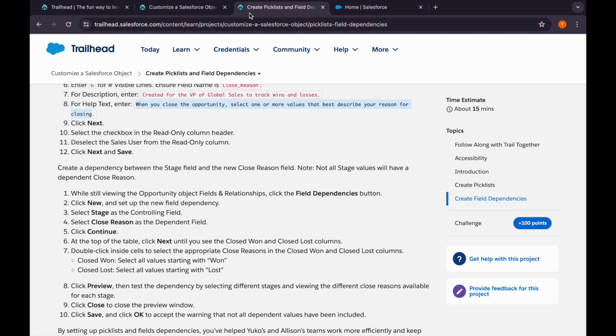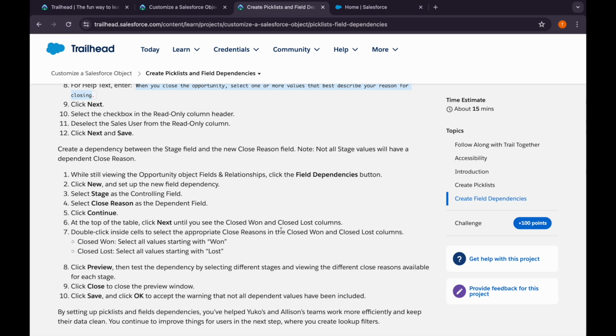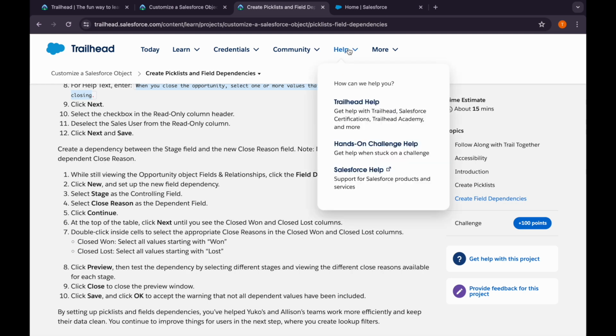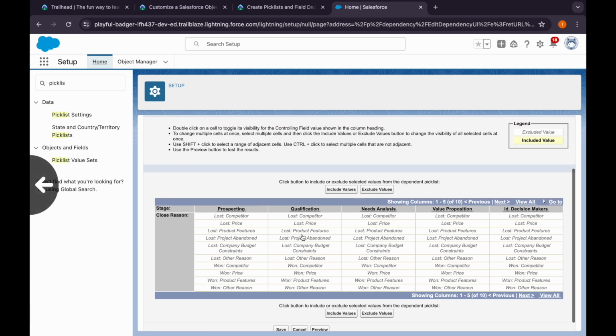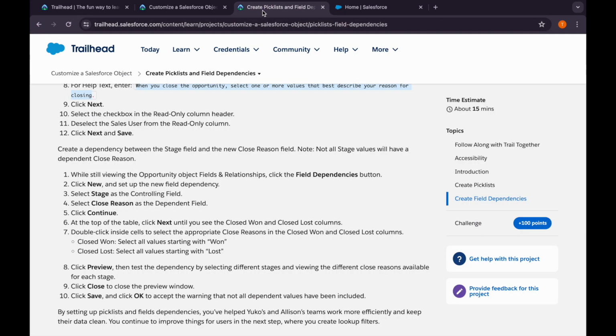So we'll click on continue. There are 5 pages, so in closed won and closed lost, what we need to do